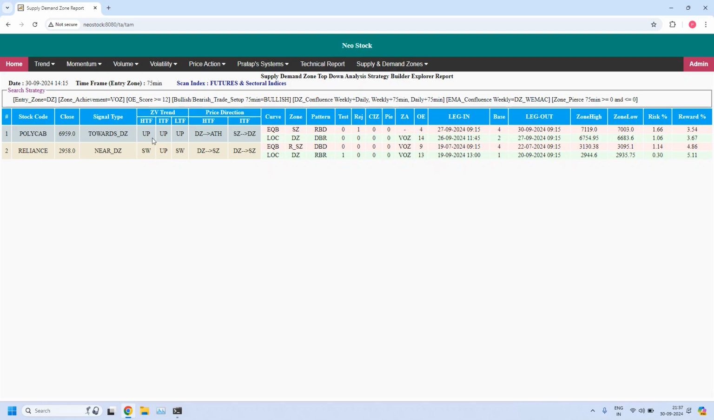And LTF, ITF, HTF confluence is there. And also EMA confluence is also there for HTF. So it's a high probability setup. Okay, the next